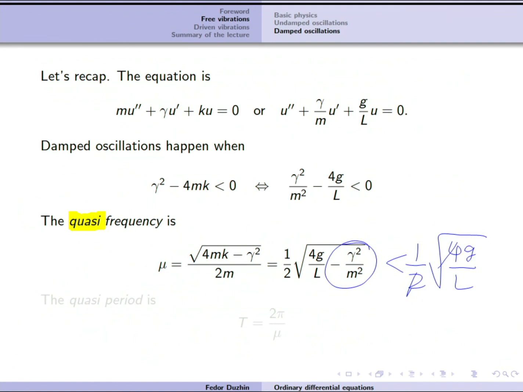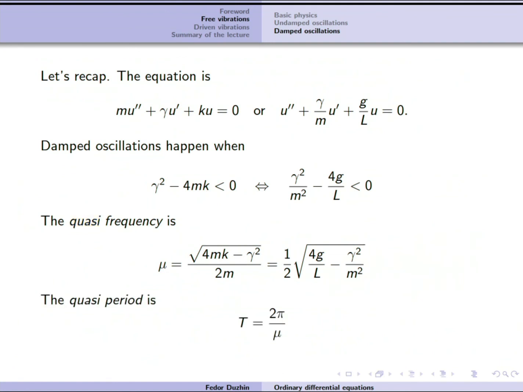Right, so the quasi-frequency is smaller than the normal frequency, and the quasi-period, which is the reciprocal, is of course going